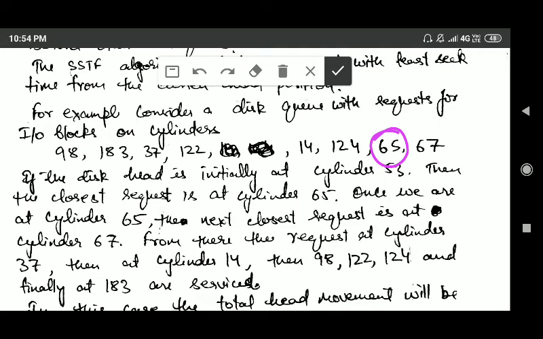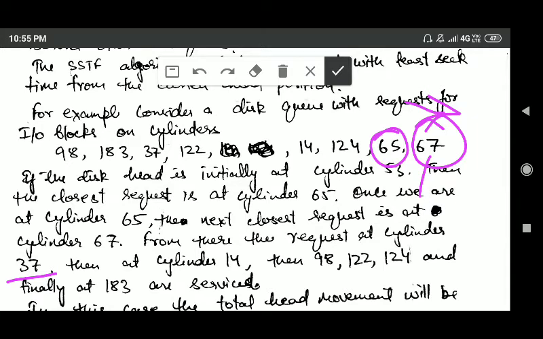And once the head is at cylinder 65, then the request at cylinder 67 is nearest, it is closest. So the request at cylinder 67 will be serviced next. And once the head is at cylinder number 67, from here the request at cylinder 37 is nearest.